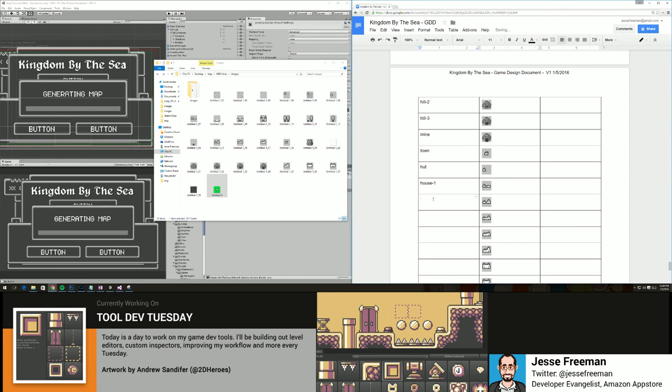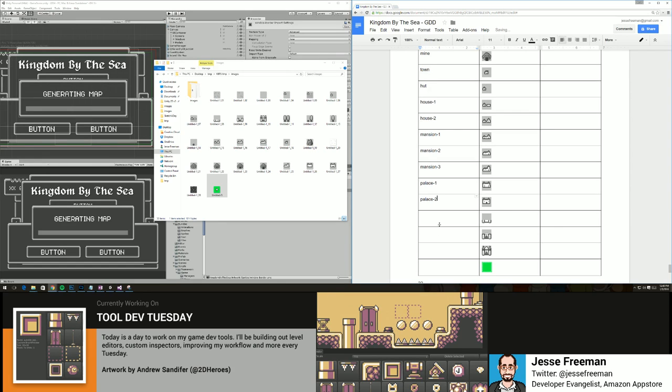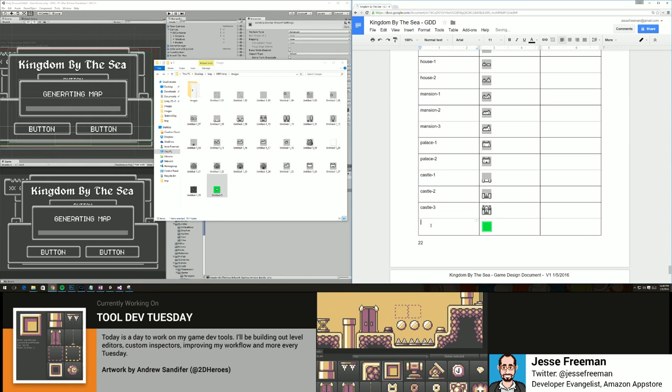house 1, house 2, mansion 1, mansion 2, mansion 3, palace 1, palace 2, castle 1, 2, 3. This is the upgrade